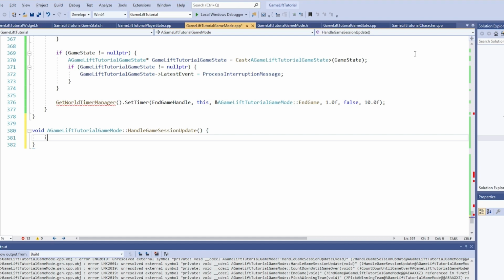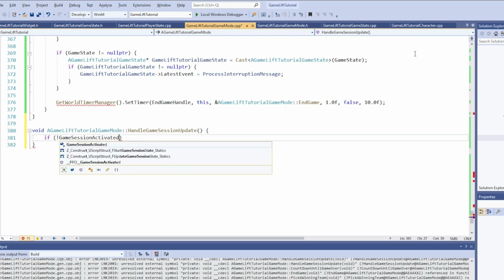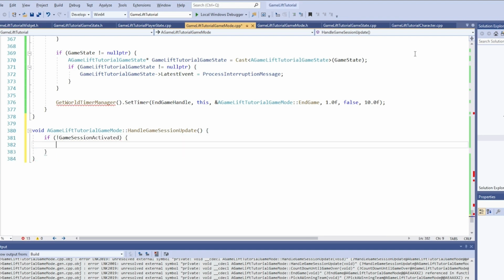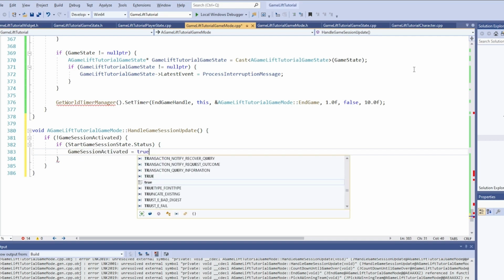So type if in parentheses not game session activated, and then in squiggly brackets. If we don't know if a game session started, then let's check by seeing if the onStart game session's handler function was ever invoked. And luckily we can do that through these start game session state memory variables. So right, if in parentheses start game session state dot status, and then squiggly brackets. And like I just said, let's set game session activated equal to true